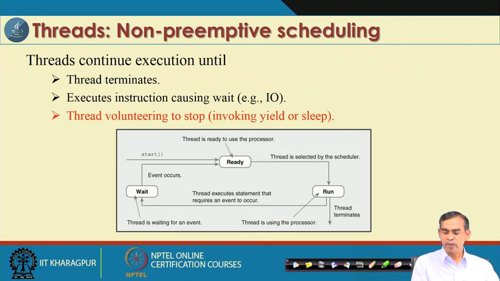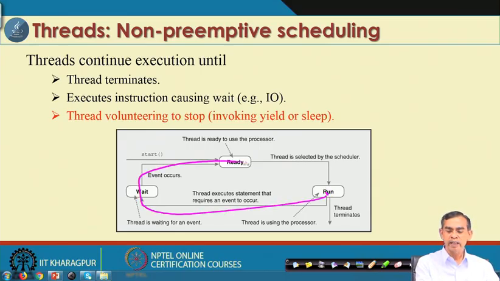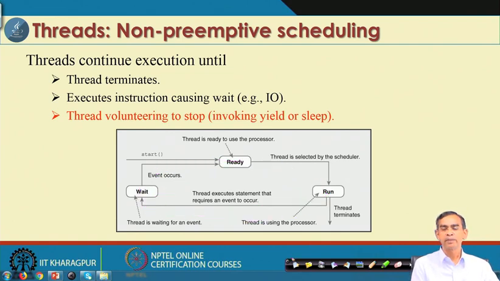So, this is an idea about non-preemptive scheduling. Whenever the thread is in running condition, it will either terminate or go to wait or ready only after it finishes its execution. That means no interruption is allowed in case of non-preemptive scheduling. On the other hand, in case of preemptive scheduling, as we see,